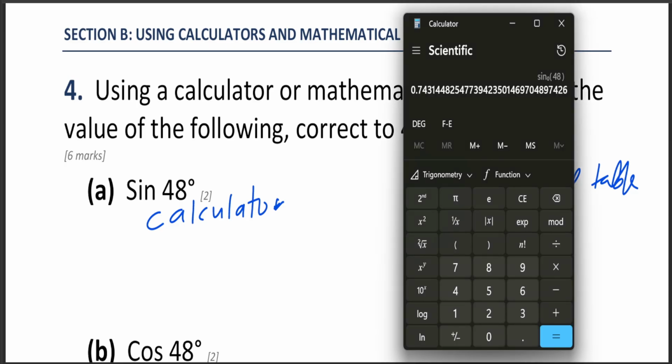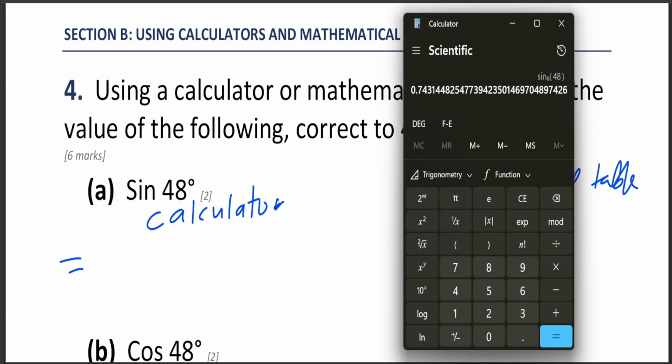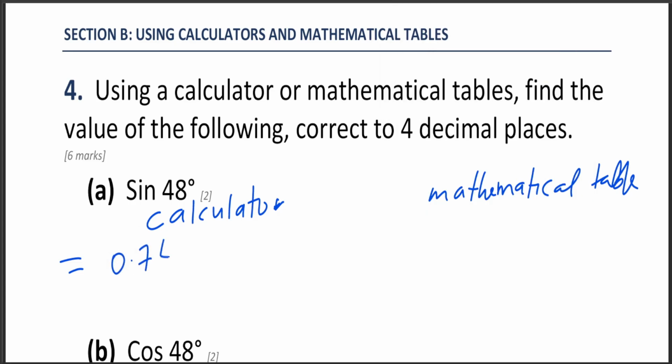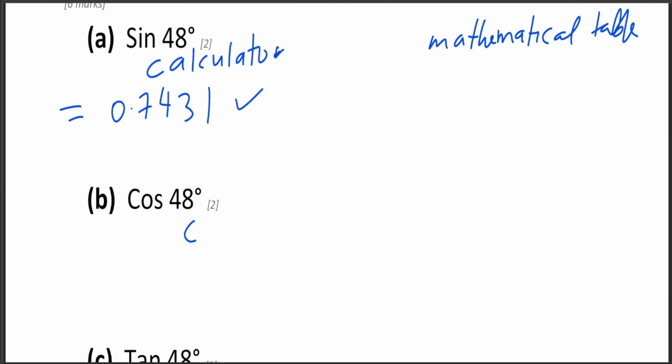So sin 48 ukiweka kwenye calculator yako itakupa 0.7431 to 4 decimal places. So that is your answer. So let's just do the calculator one, then tutaingia kwa mathematical table. So calculator,